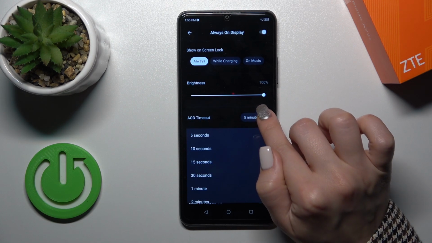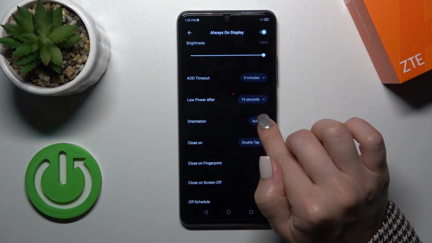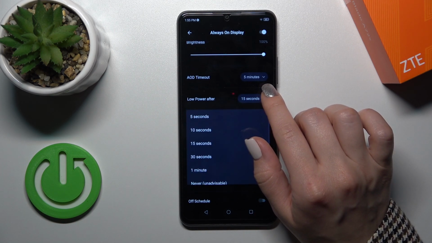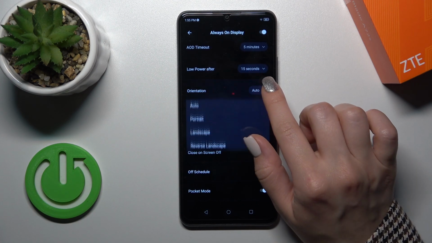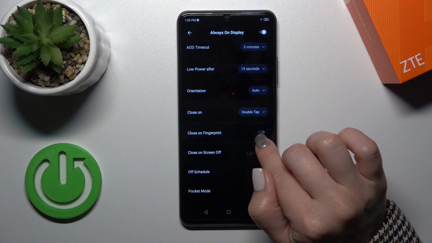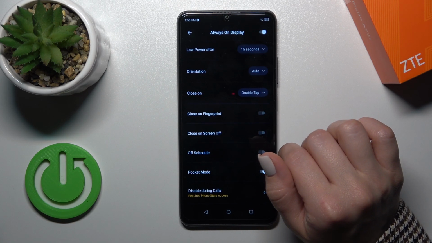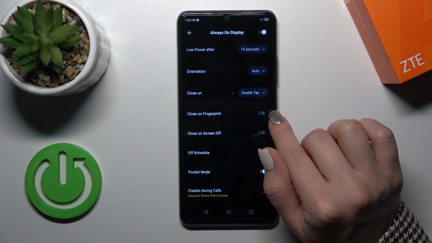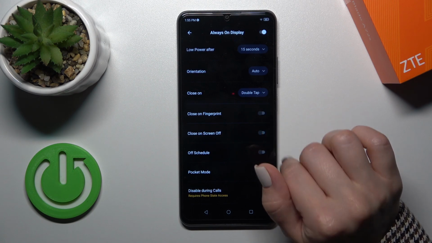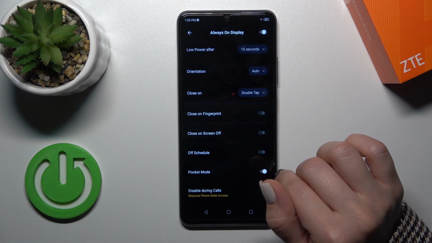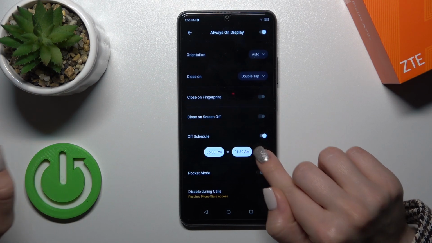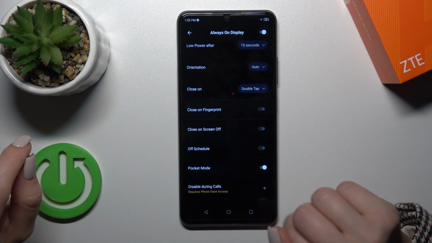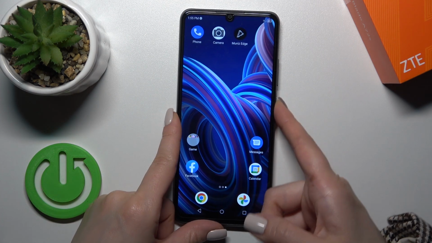To change the timeout from 5 seconds to never. To also change the time and low power after. To change the screen orientation. To close it by double or single tap on the lock screen. To close it with a fingerprint if you use fingerprint unlock method. To close it on screen off. To set the schedule, the start and the end time, the pocket mode, and to disable this option during the